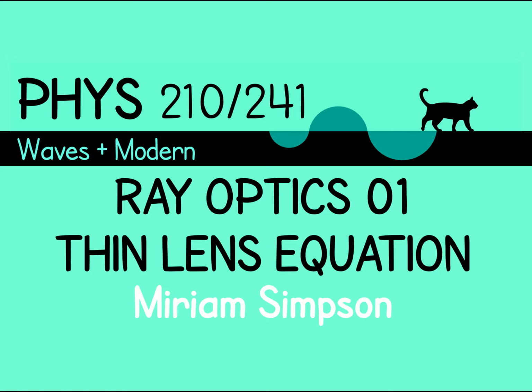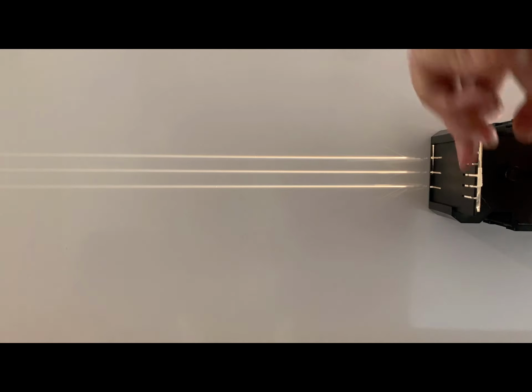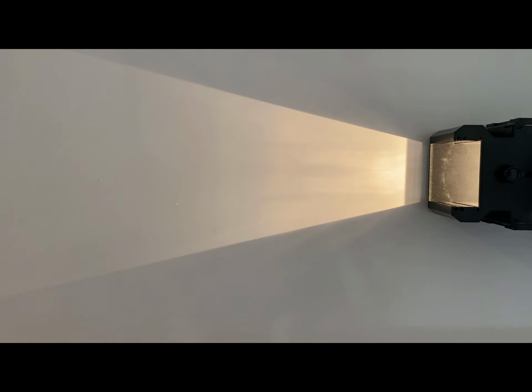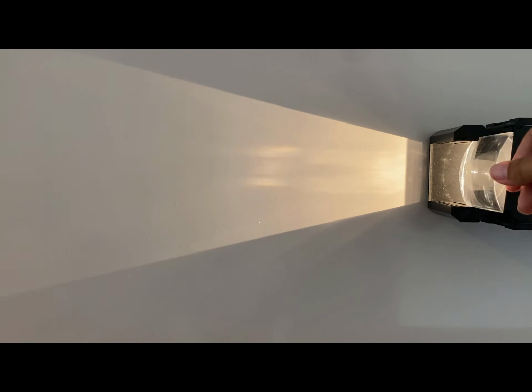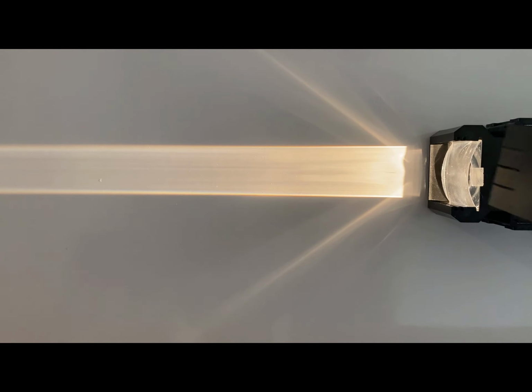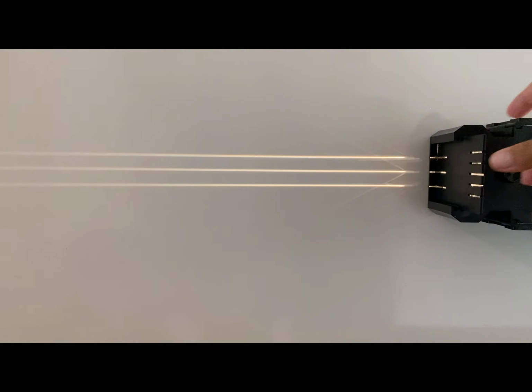Guys, what we're looking at here is basically just three parallel rays. We did this by taking a regular light source and putting a little lens here to focus the light so everything comes out straight, because without this you can see it's just an extended light source. There's a little light bulb in there. So we put this in to make everything line up. And then we add these so that we get these nice three parallel rays, because we're going to